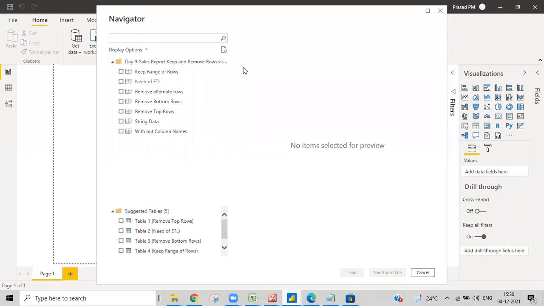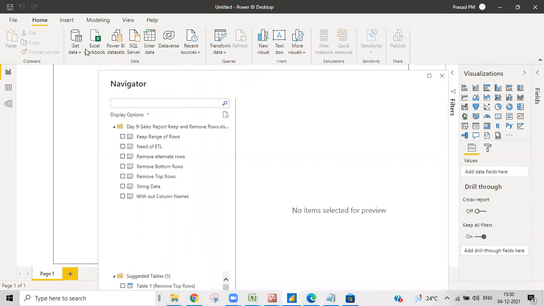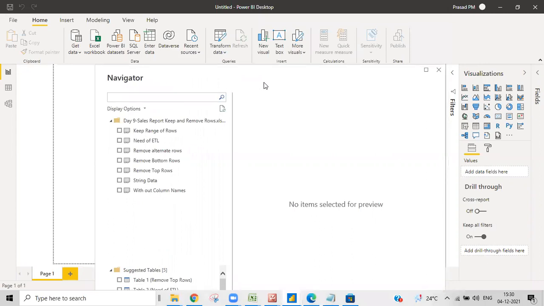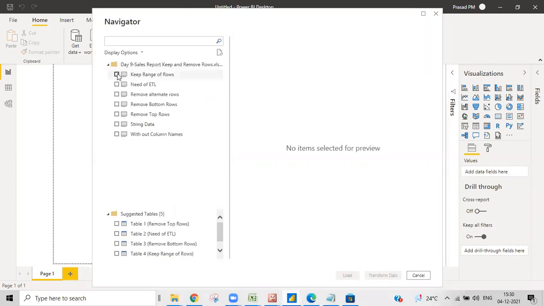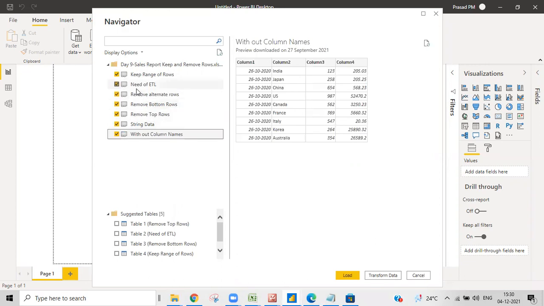Yeah, okay. Talking about Power Query, we can get the data while you try to get the data from Get Data. You will come over here and select whatever tables that you need. For example, I took some tables over here, and if you load it directly, it will come into Power BI Desktop. And if you want to make changes in Power Query, then you need to go with Transform Data.